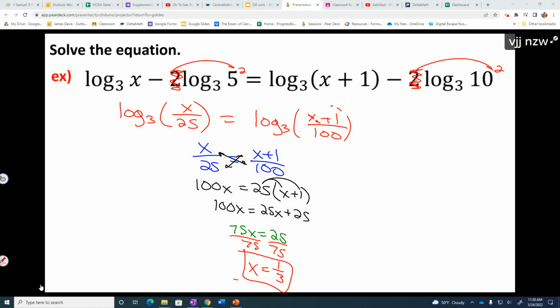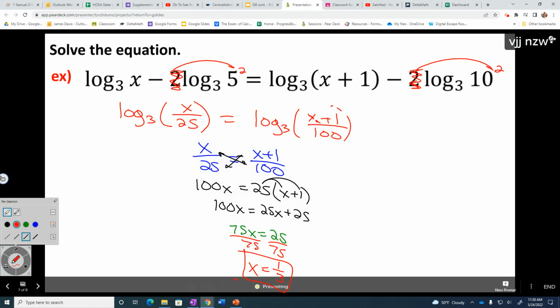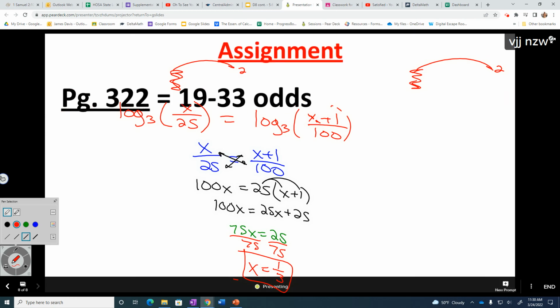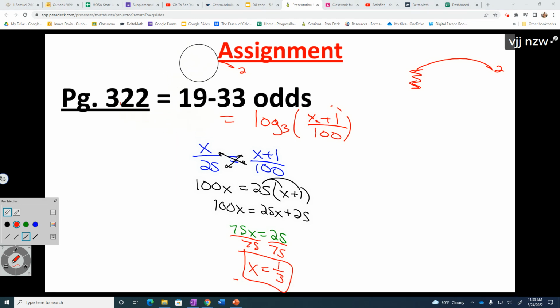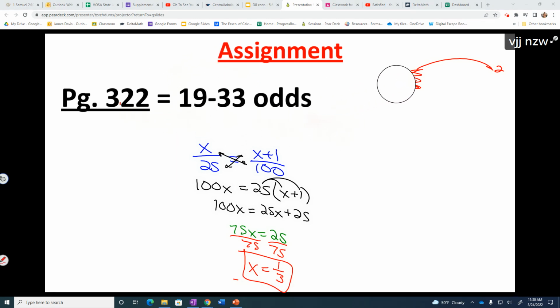So the plan for the rest of today, and then also I'm going to give you some time tomorrow to work on this. You don't have to do this for homework. This is just going to be classwork. It's a little bit easier before break here. And some of these are pretty challenging problems. You'll probably get stuck at some point, and you'll need to ask, how do I solve this from here? So I want you to work through those. Again, there's some that are pretty challenging, especially the natural log one. You have to actually use the quadratic formula with E. So just do your best, and if you get stuck, like I said, raise your hand, ask me, or if someone else around you has already done